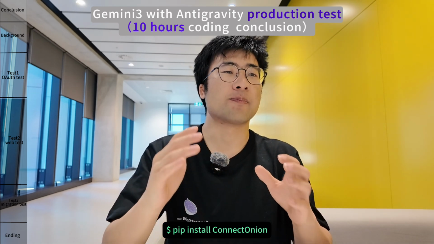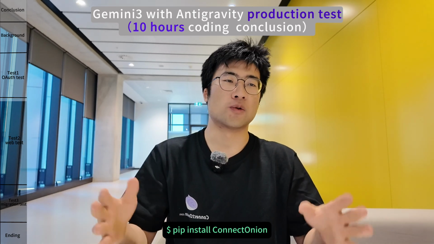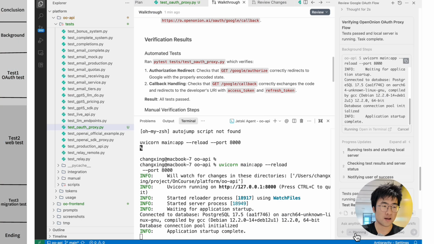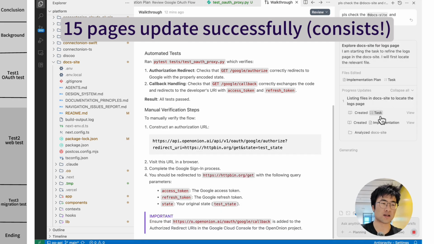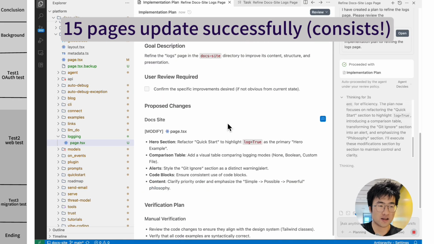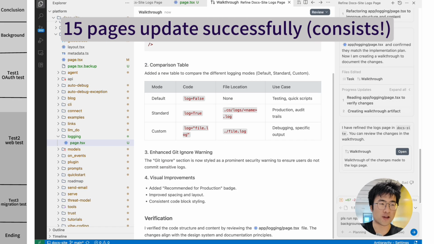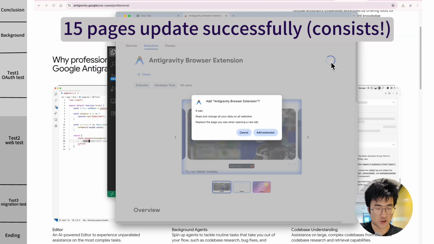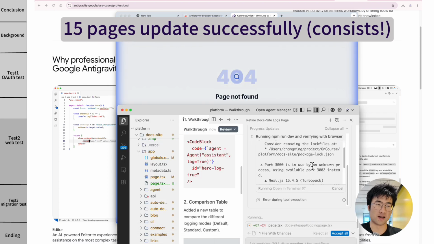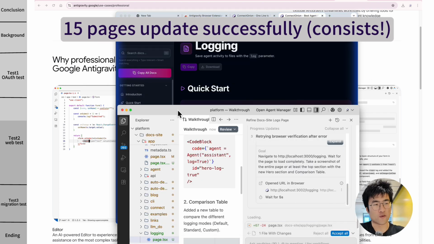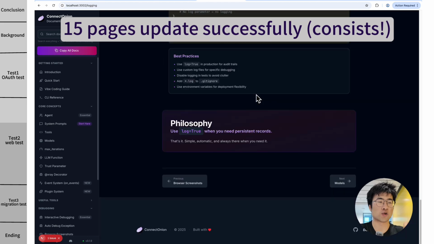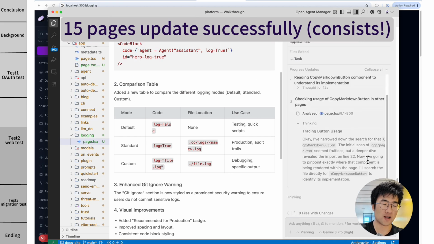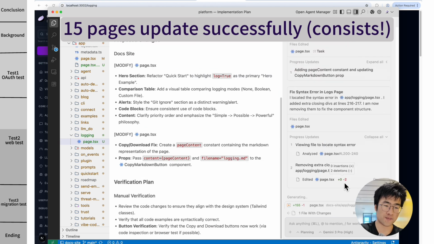The second test is about the web front end. So this is our website, docs.connectonion.com. What really surprised me is 2 features. One is that it is really good at connecting with the browser. You can ask Gemini to take a screenshot, and the screenshot will be inserted into the plan and work through. It's really convenient to ask Gemini 3 to check the screenshot and refine the design. And the second is